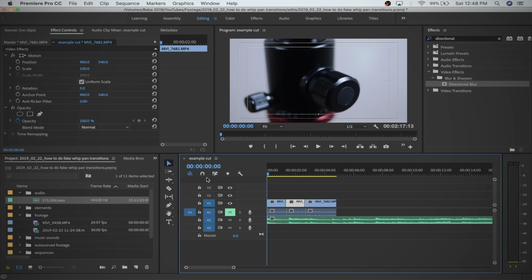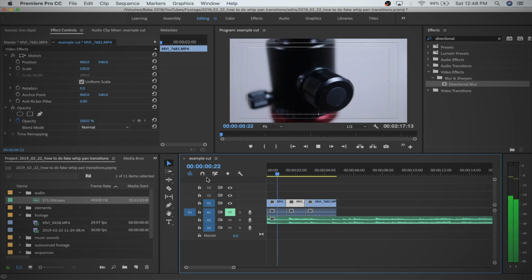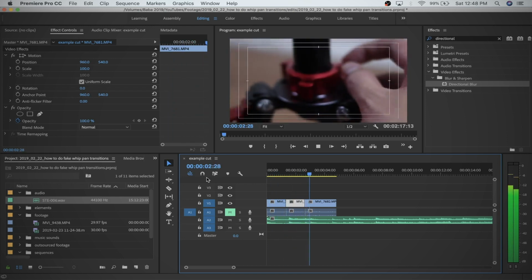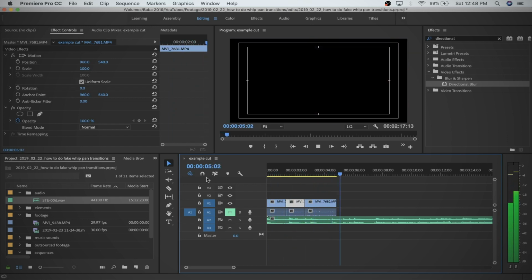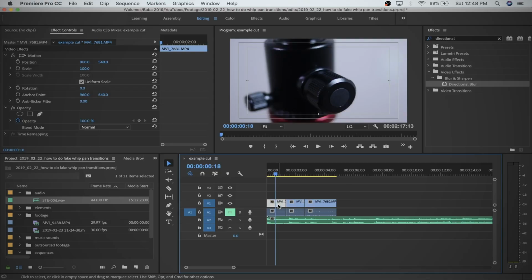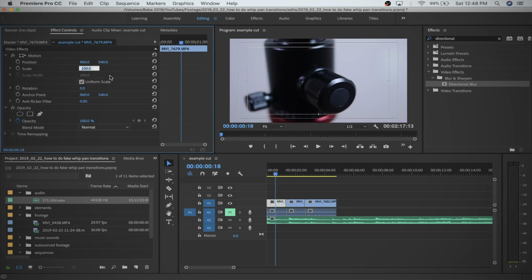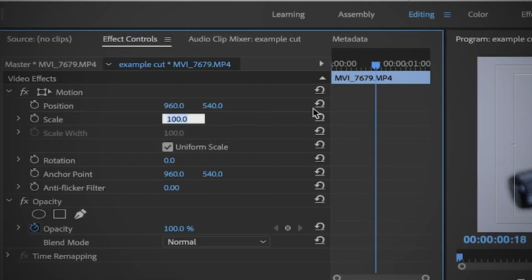Alright, so I have these three clips laid upon some music and it looks like this. Not bad, pretty cool, but I want to implement some whipping. So first things first, let's go to the first clip, highlight it, and what we're going to want to do is go to scale, and you're going to want your clip to be bigger than the frame size by a little bit. That's going to give you some leeway to move your clip around and give it some whipping effect,